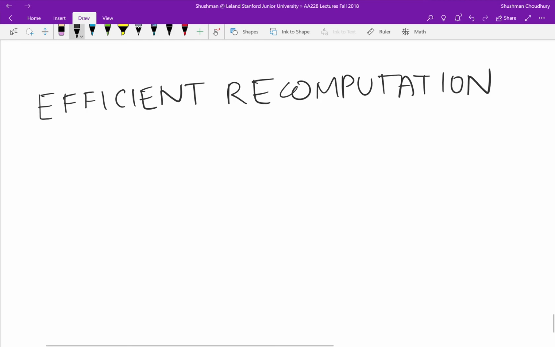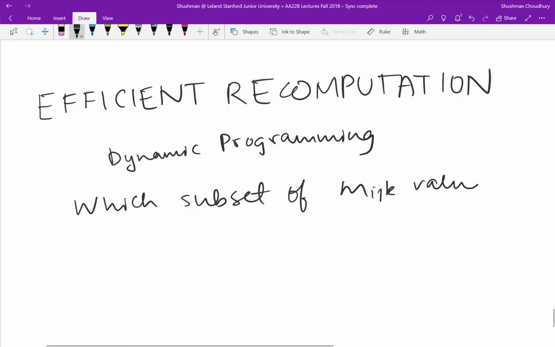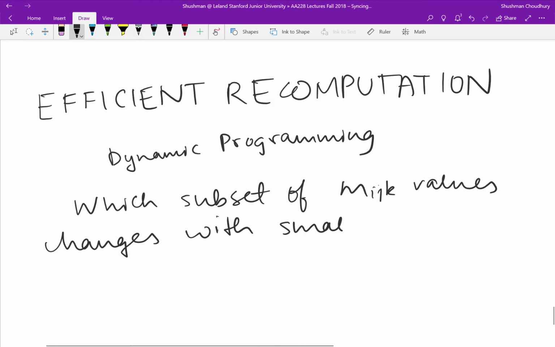The basic idea is that there's some dynamic programming involved to figure out which subset of m_ijk values changes with a small change